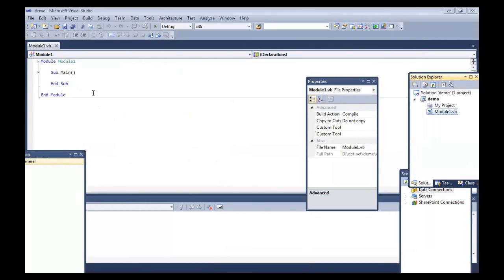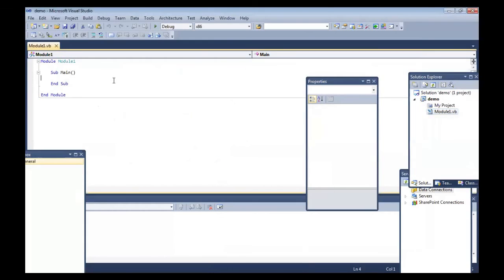Before starting a console application, the main thing is this: suppose you want to perform an addition of two numbers. For two numbers, we require two operands.